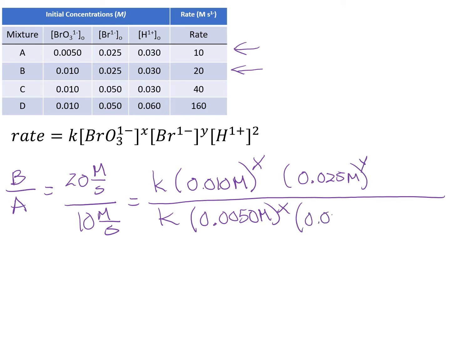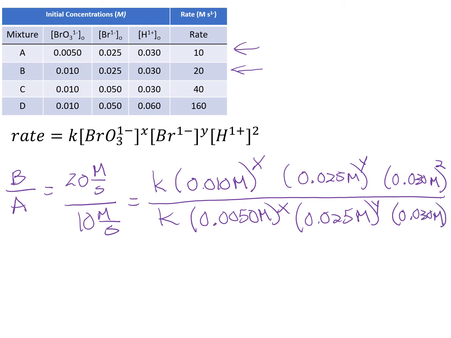And 0.025 molar raised to the Y for experiment A. And for B, we have 0.030 molar squared for our concentration of H, and exactly the same